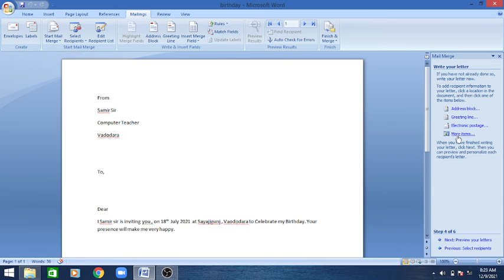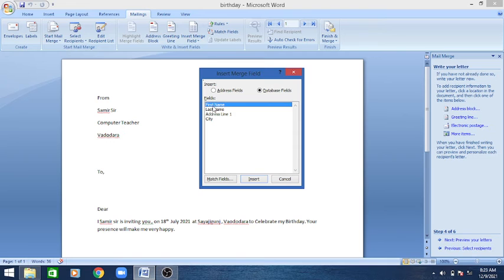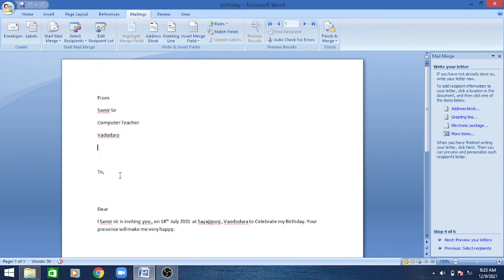In this option, click on More items. And here it is: first name, last name, address, and city are available. Put your mouse cursor at the proper place.